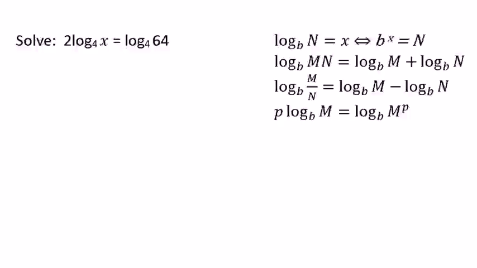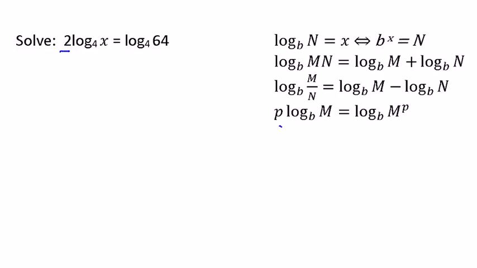So we have to solve the equation 2 times log base 4 of x equals log base 4 of 64. On the right there are a number of equations that you should have memorized, and we have to decide which of these are useful. Since there's a 2 times the log base 4 of x, we can use the power